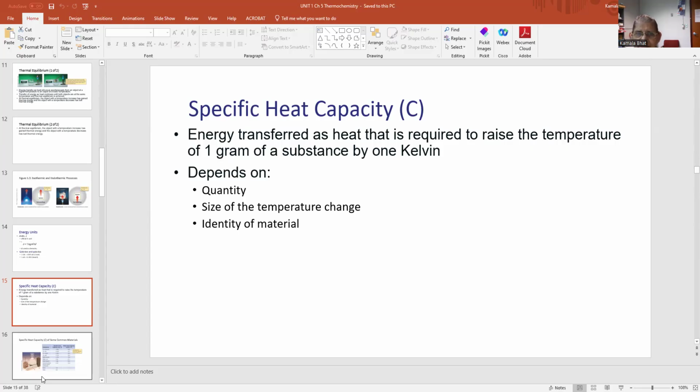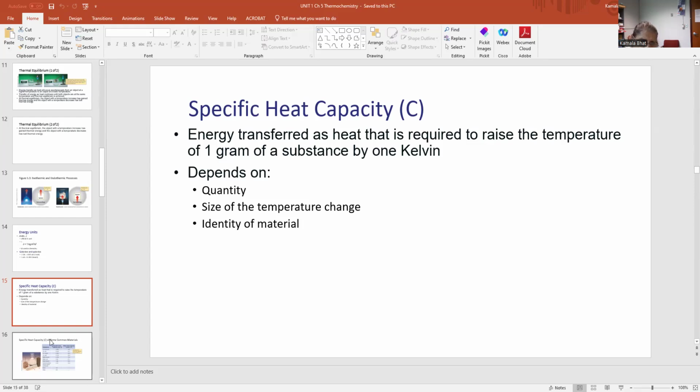And therefore, we say that the heat energy required to raise the temperature of 1 gram of a substance by 1 Kelvin is defined as the specific heat capacity. If the substance is water, then of course you will get the definition of a calorie within a specific range of temperature. The specific heat depends upon the quantity of the substance, the identity of the material, and the size of